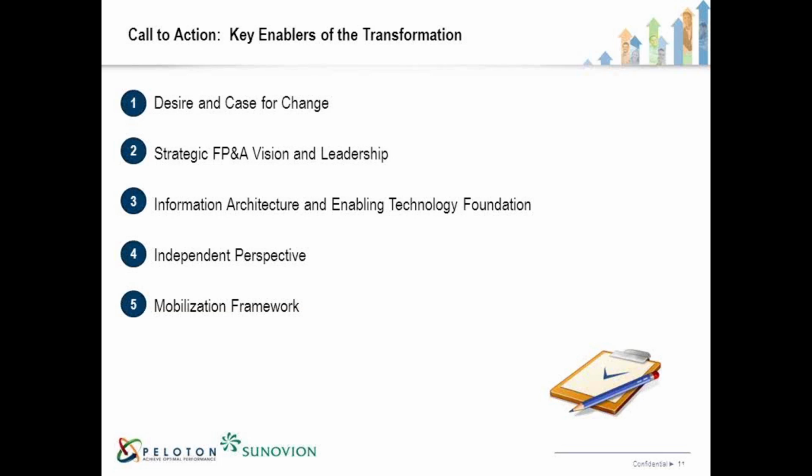Great. So Patty came to our team and said she was thinking about doing a little bit of a greater initiative here, looking to transform the technology foundation that was in place from just that simple upgrade to a little bit of a bigger initiative. So we took a step back as Peloton and said, well, let's think about if this is really going